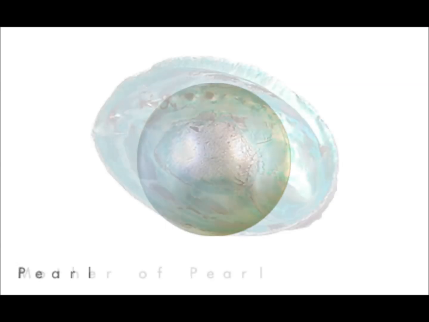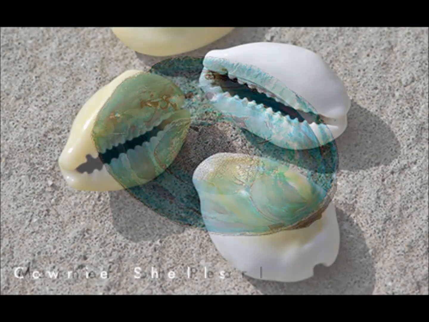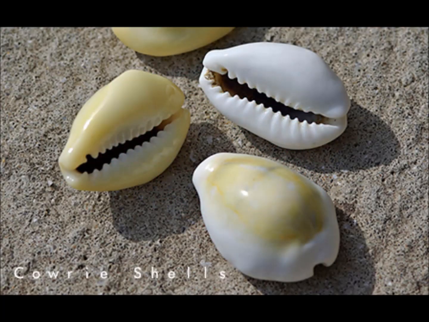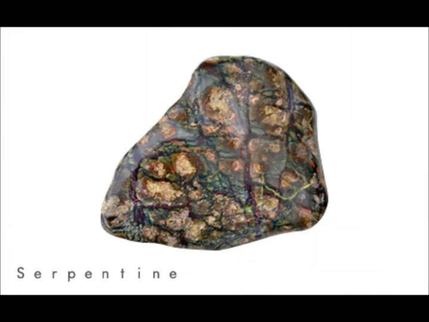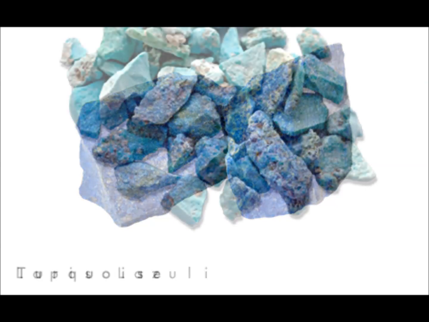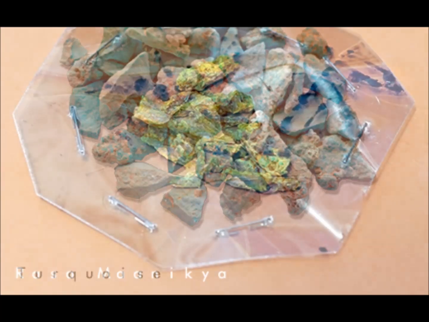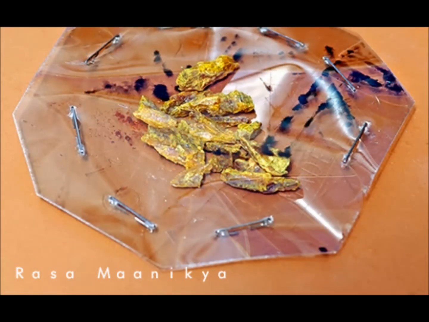Other notable materials in this volume include pearls and mother-of-pearl shell, Kapardica, or the cowrie shell, and Nagapashana, or snakestone, better known as serpentine. This volume also dedicates some considerable space to the purification and processing of lapis lazuli and turquoise, two closely associated materials in the category of semi-precious stones. Finally, this volume explores the processing methods of yellow arsenic and the manufacture of rasamanika, a popular drug in Ayurvedic